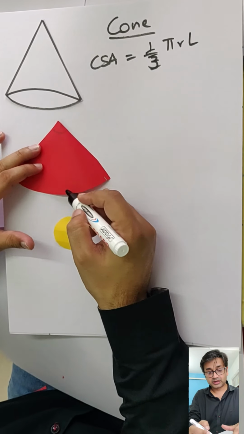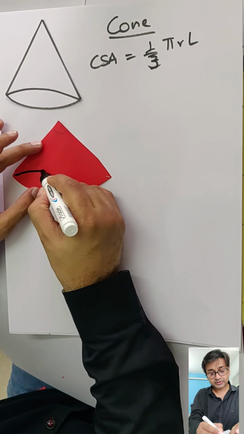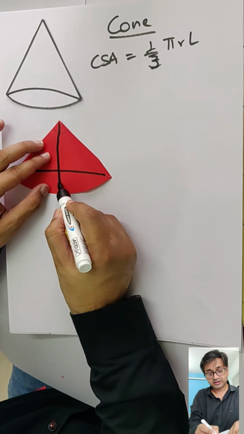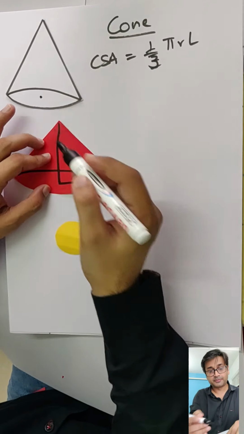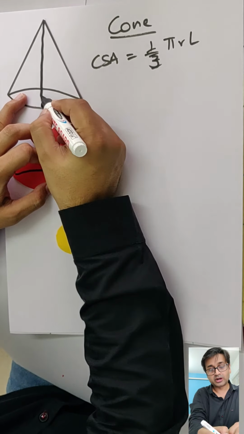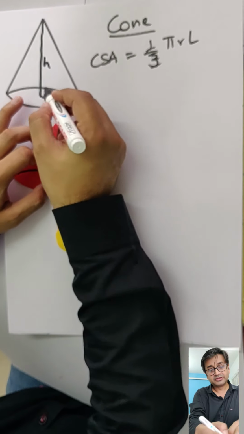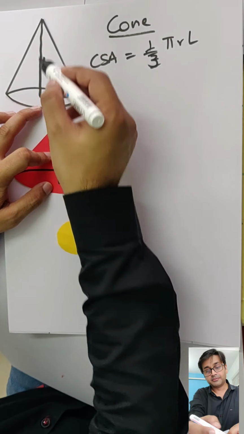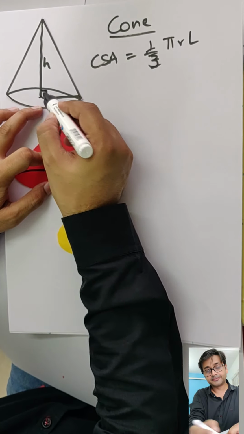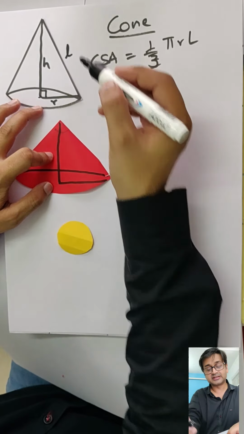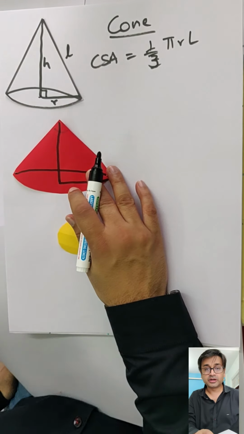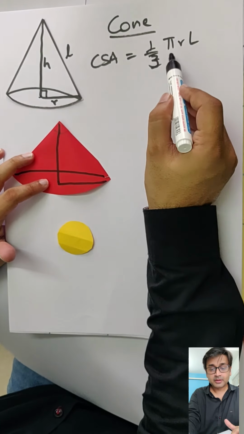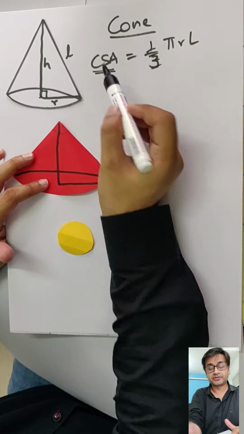For a cone like this, this is the circle at the bottom, and from the top till here, this perpendicular part, is called the height. This is the circle at the bottom, and this is the radius of that circle. The height meets somewhere in the middle of that circle. And this side over here is called the slant height. Slant height is denoted by L. So here you have pi r L as your curved surface area.